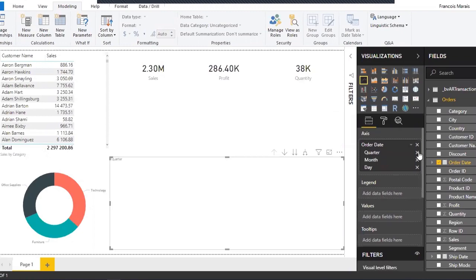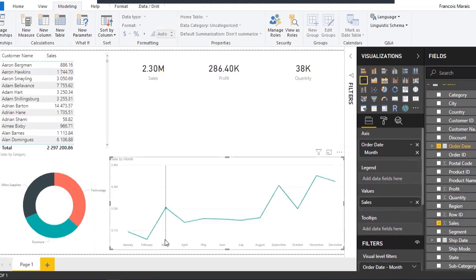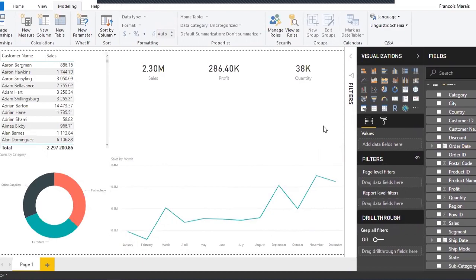For now, I just want to see the distribution by month, and I want to see the total sales. And from there, I can see the growth from January all the way to December. It's been a very nice growth in sales. And now if I still want to see by year, because you have various years, I want to add a